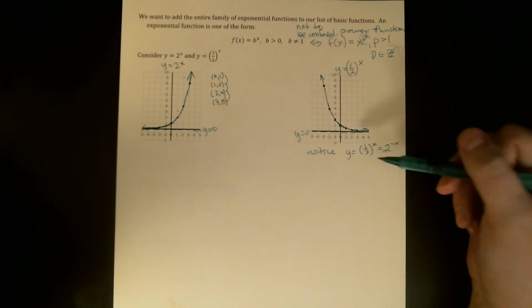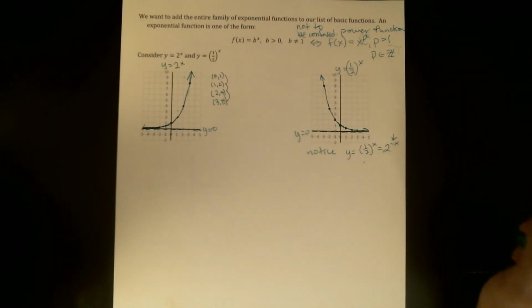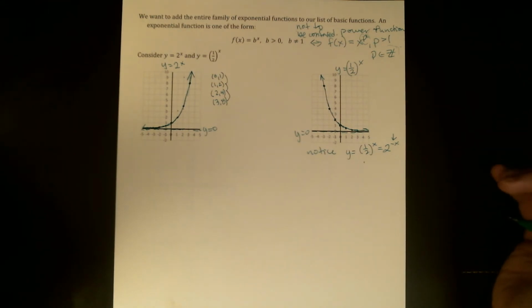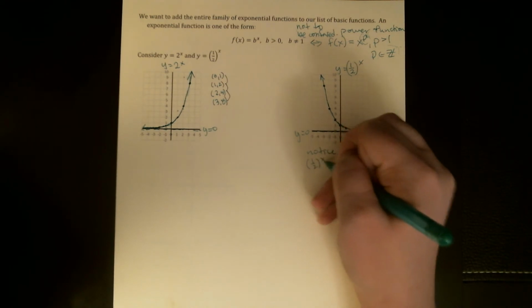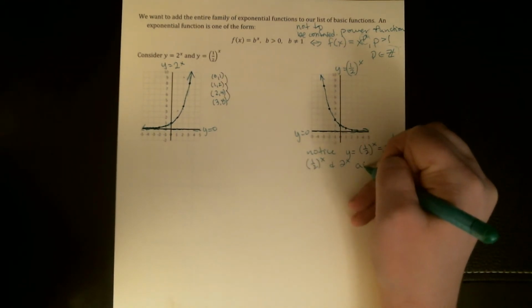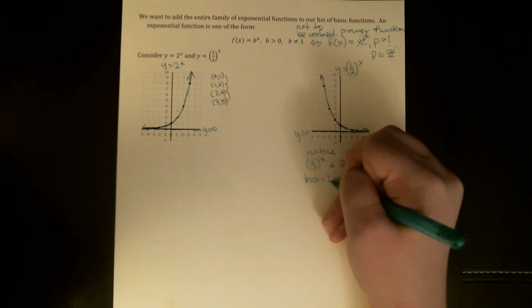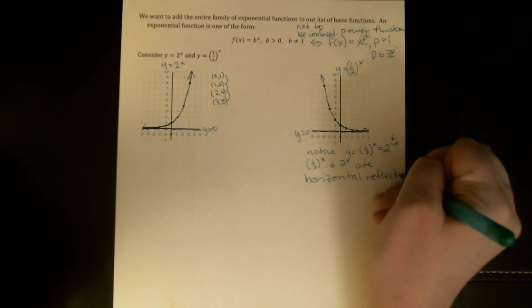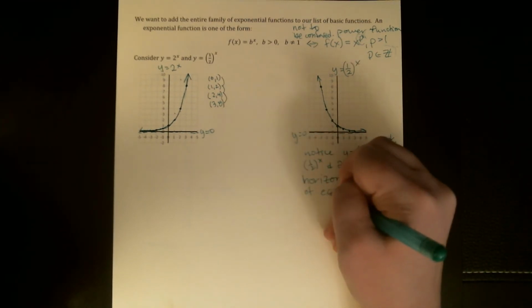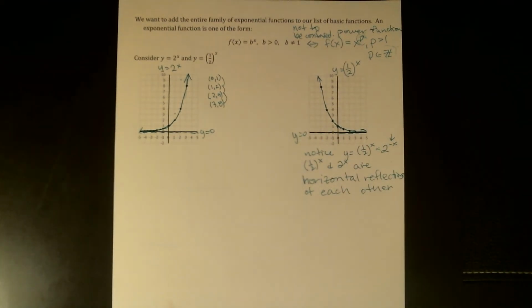So if we're comparing the 1/2 to the x function and the 2 to the x function, the difference is this negative sign in the exponent. If that's attached to your x's, that's a flip over y. So 1/2 to the x and 2 to the x are horizontal reflections of each other. So there's really only one exponential shape, but to get us started, we decide which direction it's